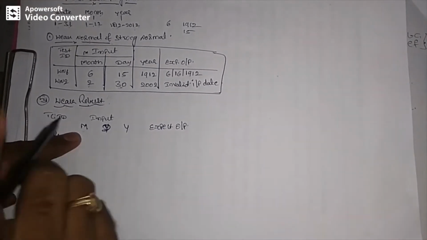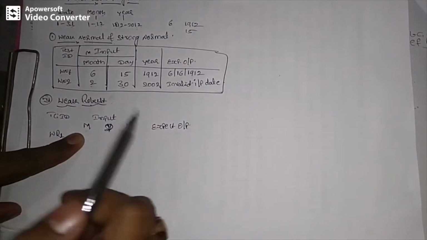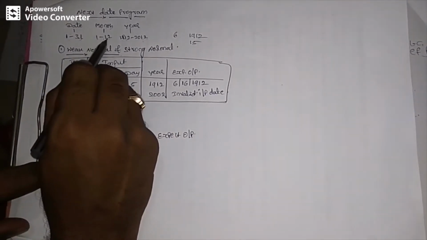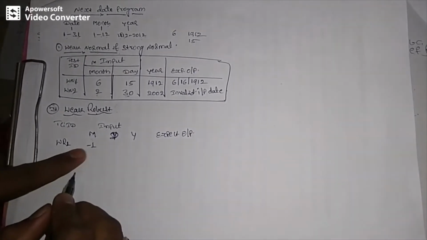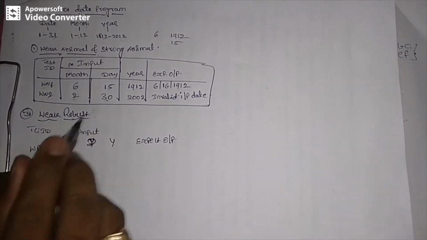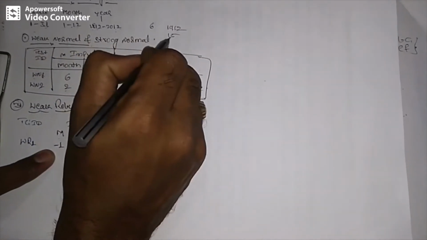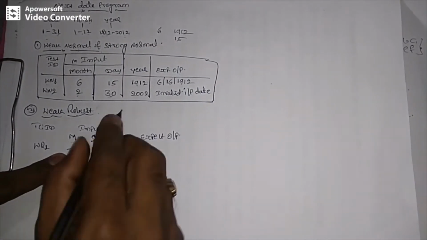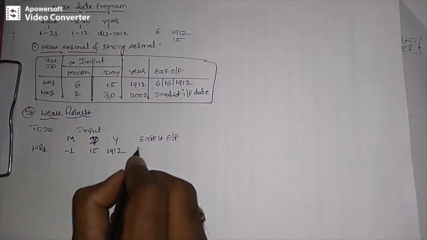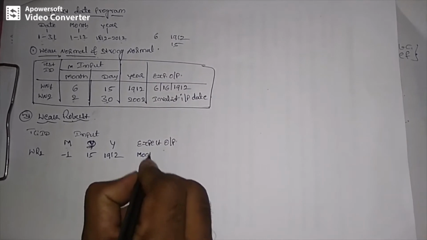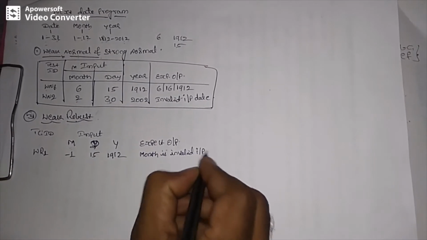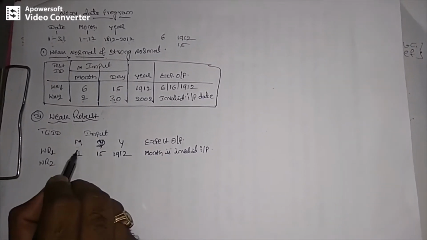Okay, now if I am considering month, I want to make month invalid, then I need to check one corner. There are two corners, upper limit and lower limit. Now I am writing a test case for the lower limit. Month is 1 to 12, so -1 will be the invalid input. The other two should be valid, at nominal values: day 15 and year 1912. My expected output result is month is invalid input.